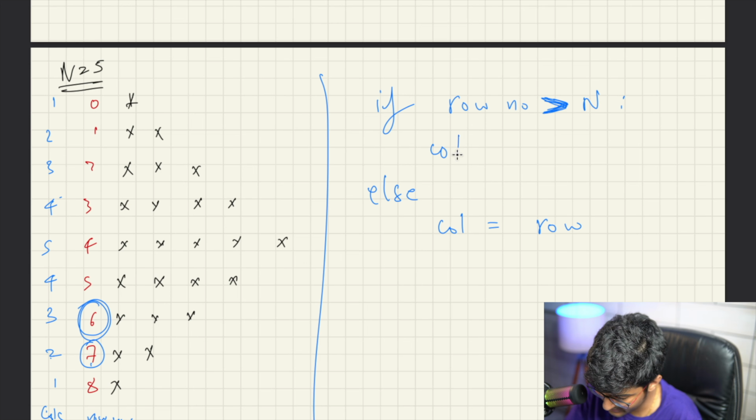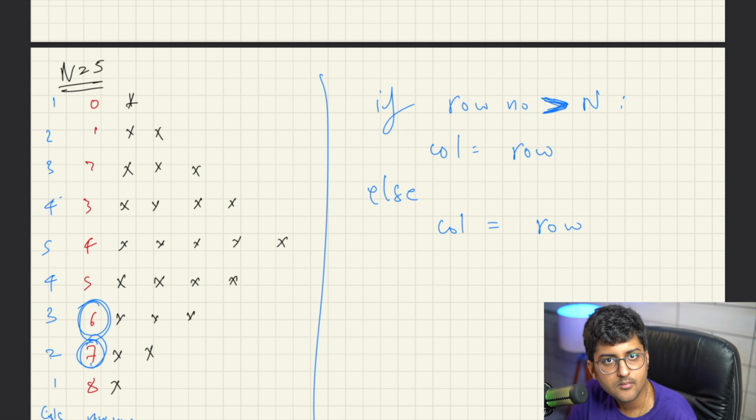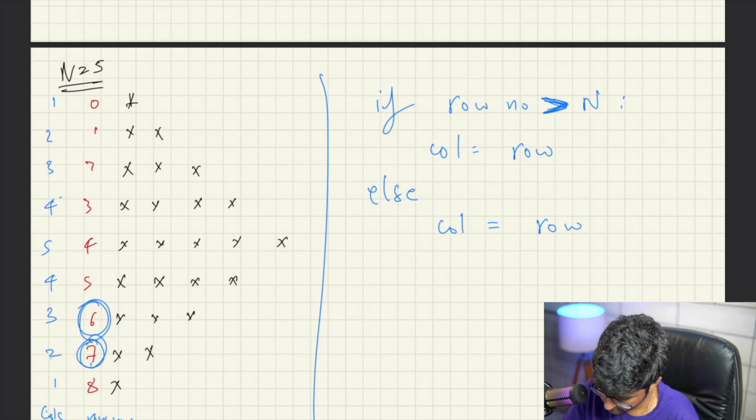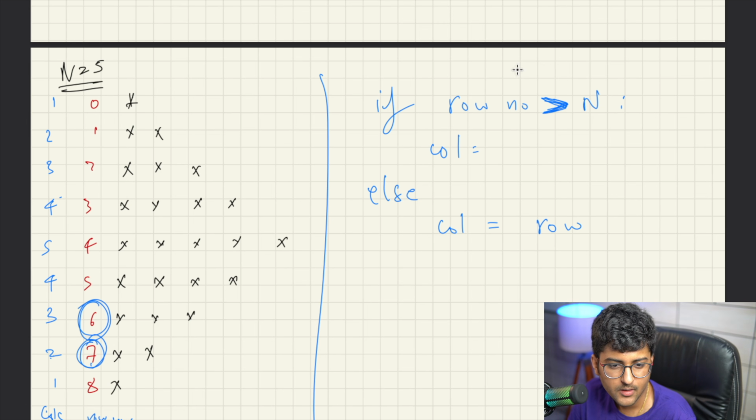Try to figure it out, brainstorm, think about it, pause the video. Column is equal to, okay, total row number that we have. No. How many do we need to delete? We can see that first.